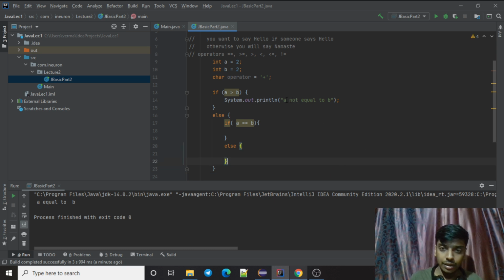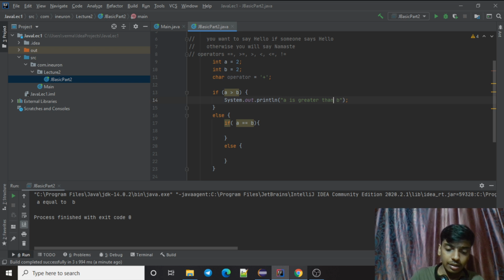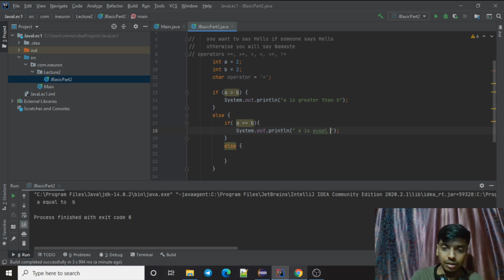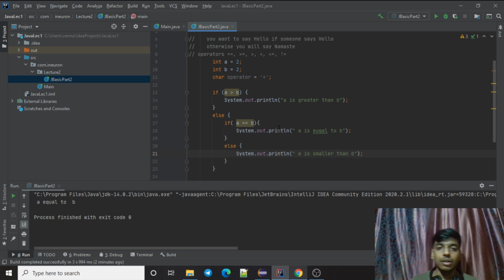So this will just give "a is greater than b", otherwise it will give "a is equal to b", and if these two are not satisfied, then obviously "a is smaller than b", right?